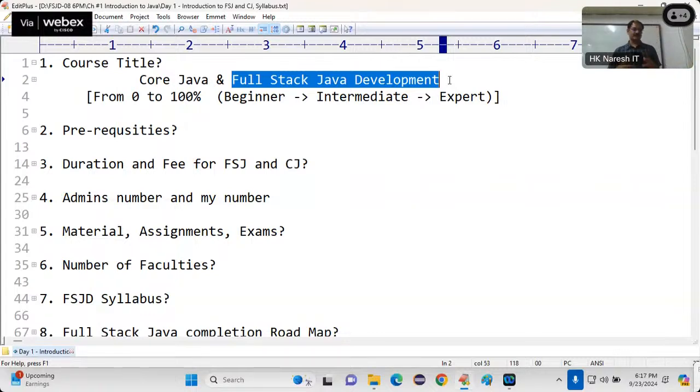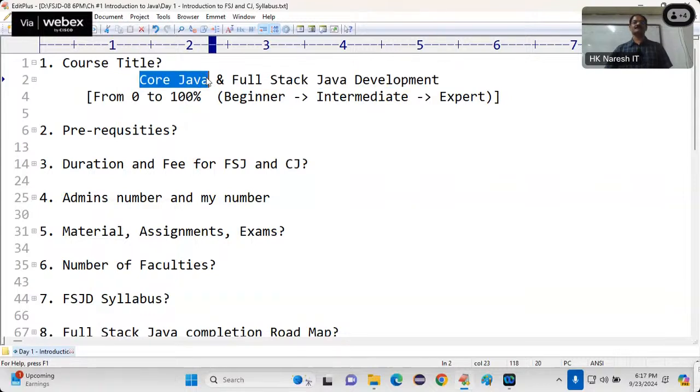No sir, I am working, I want to go to testing side or I want to go Pega side. I am already doing full stack Python. I want just some extra Java knowledge, sir. Okay, then only join core Java. This point is clear. Only join core Java if you are dealing with,